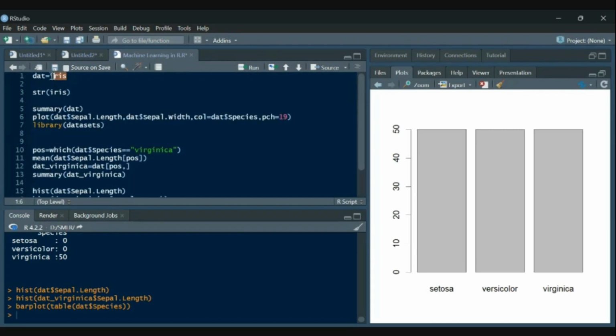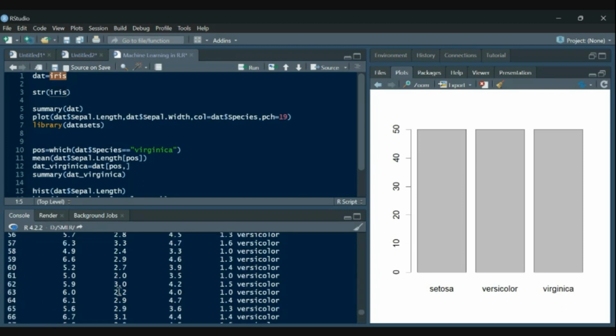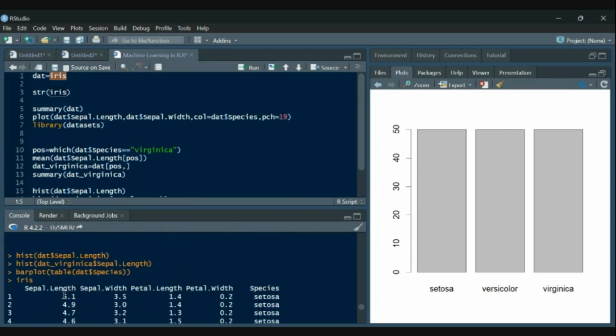When we started with this particular data, its names appeared as sepal dot length, sepal dot width. So the dot has come from there only. We haven't given it any name. Basically, whenever R sees a space between column names or row names, it changes the space to a dot.